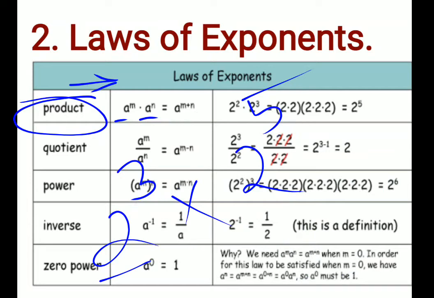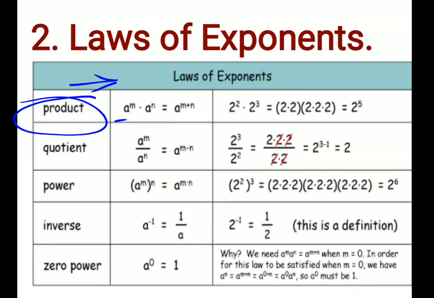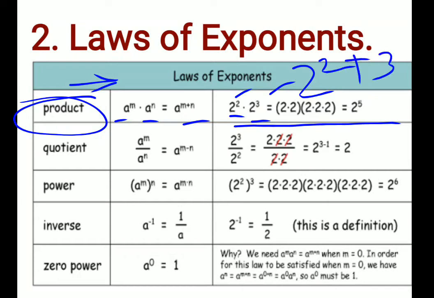So the concept is, when you have the same base but different power, your power will get added. You can see the example here. 2 square: this 2 is your base, and the 2 above is your exponent. 2 here, and 3 is your exponent. Whenever you have the same base, your power is going to get added. So 2 plus 3 is simply 5, so you can write 2 to the power 5. I hope you have understood this. When you have the same base, your power is going to get added.